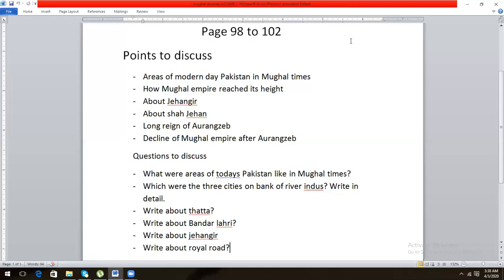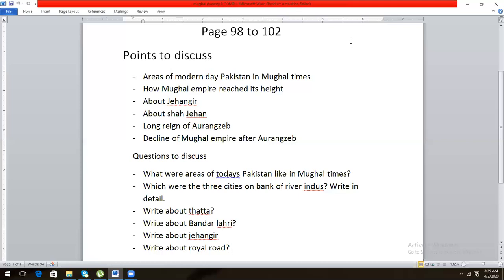Write about Thatta. You will explain what was in Thatta at that time, what the imports were over there, what type of trading, and about the area. And you will write about Bandar Lahari. It was the main port over there. And now I'm going to explain to you about